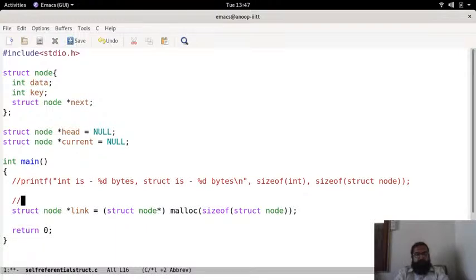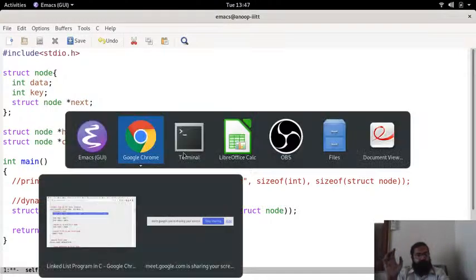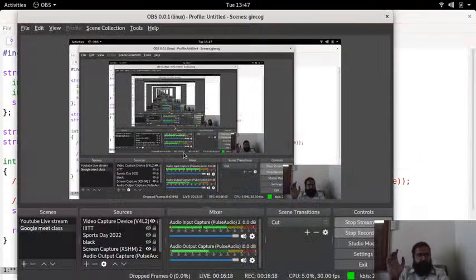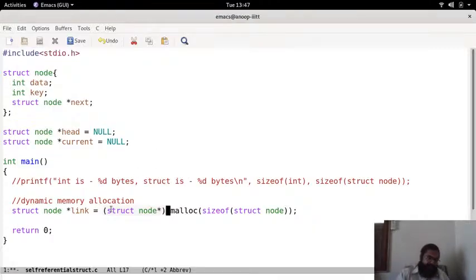Now here I am doing the dynamic memory allocation. Here what you need to understand is the first part within the parenthesis, which I have highlighted right now. Is the highlight visible? Yes, sir. Okay. So the highlighted part, from the opening parenthesis, struct node star, this is called